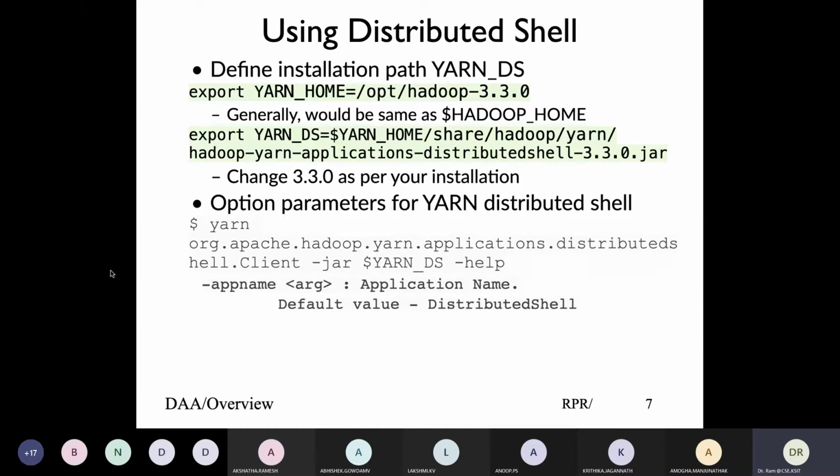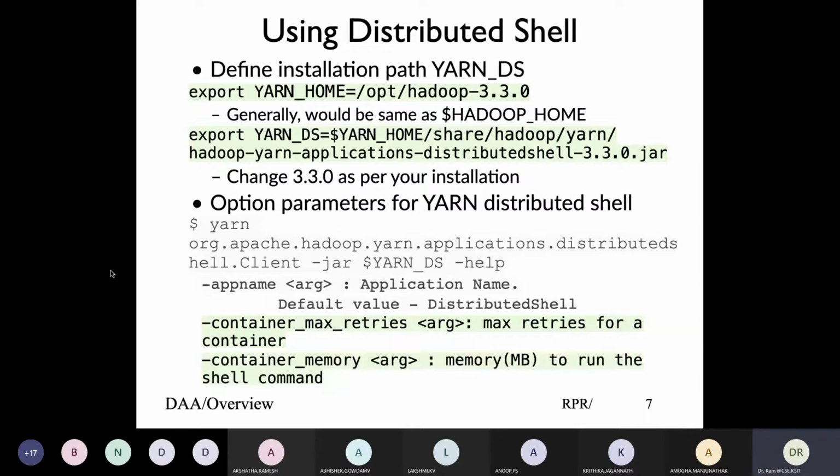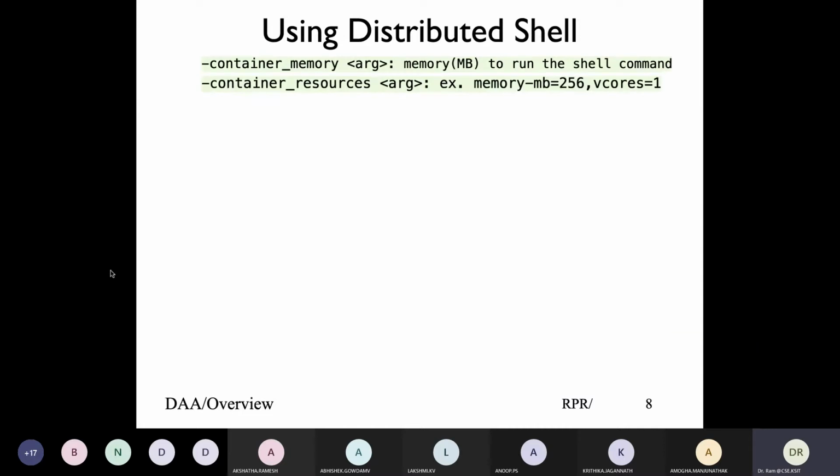So if you use a command, YARN is basically my resource manager, then using a YARN client, indicating I need to run the software, and then the help part. So we have the application name, which is the default application, which happens to be distributed shell, and then how many retries you would like to do, what the memory for a container is, and other parts.